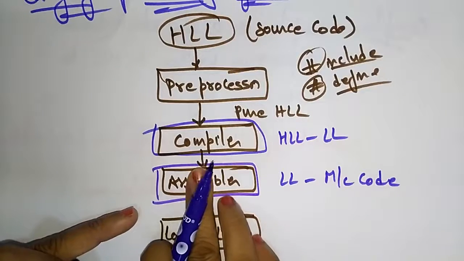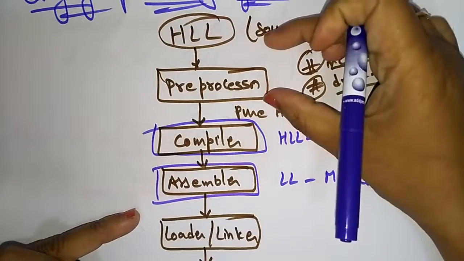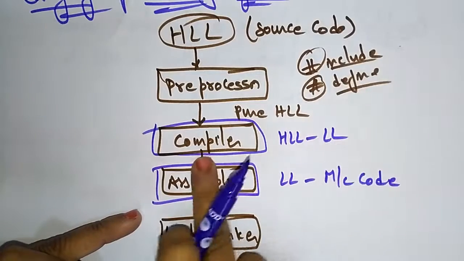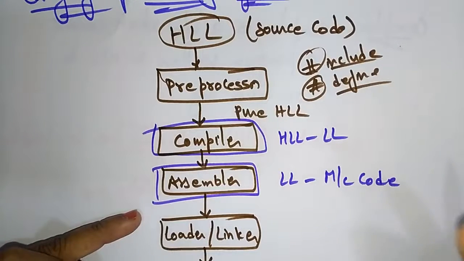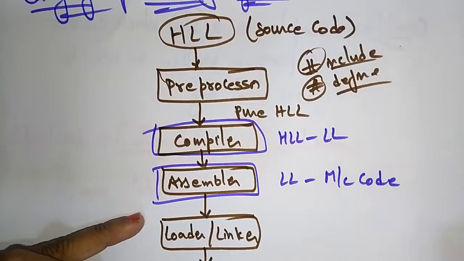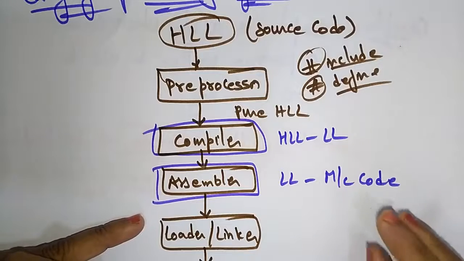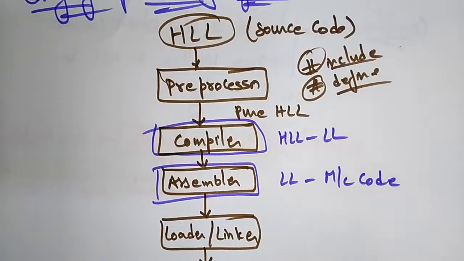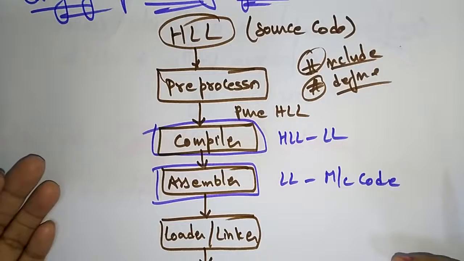Whatever program you write, that high level language is converted into low level language by the compiler. The low level language is in the form of mnemonics, like add, move, ax comma bx. You can understand assembly level language, but you are freer with the high level language, while the system can more easily convert the assembly level language when compared to the high level language.